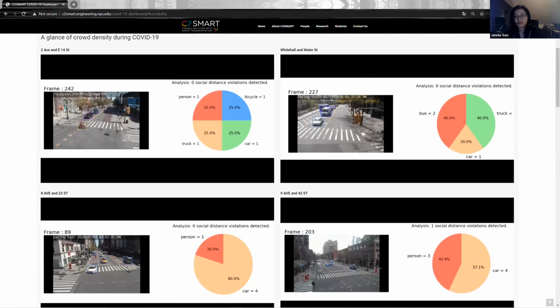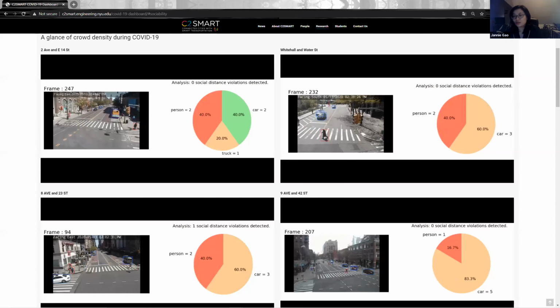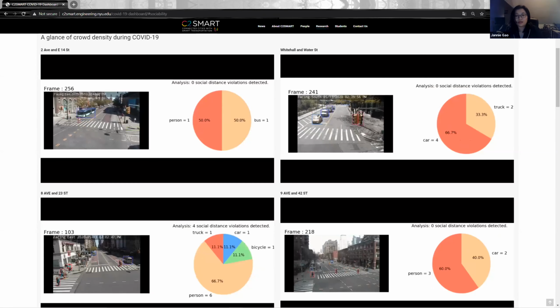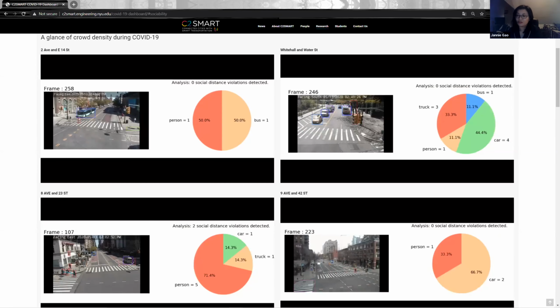So these are all different directions that we're thinking of. We're already working on some of these, and hopefully we'll soon be able to present some of the results of this continued work.